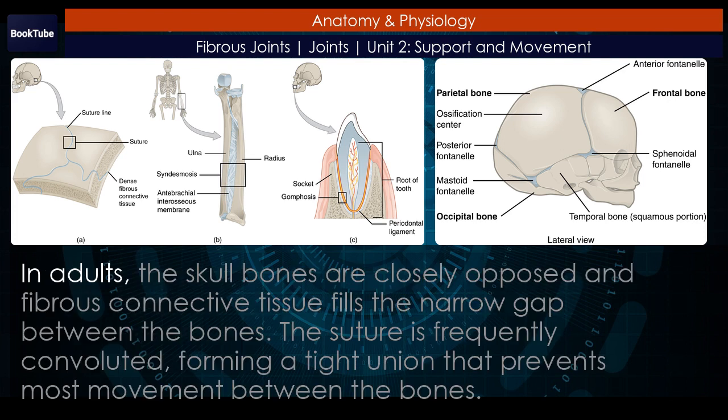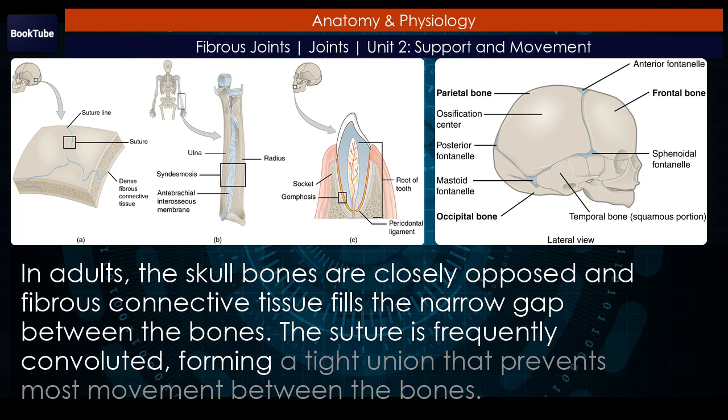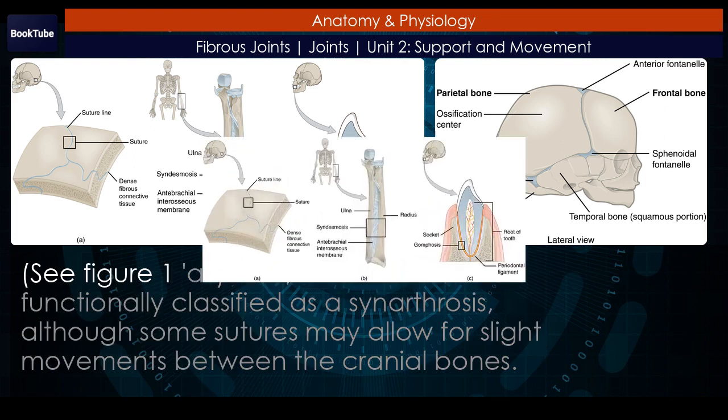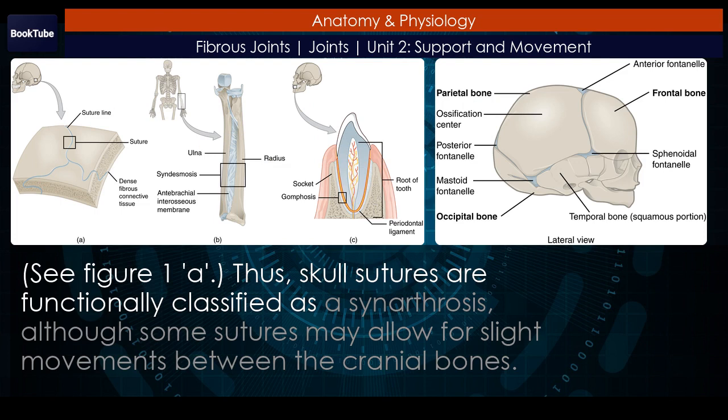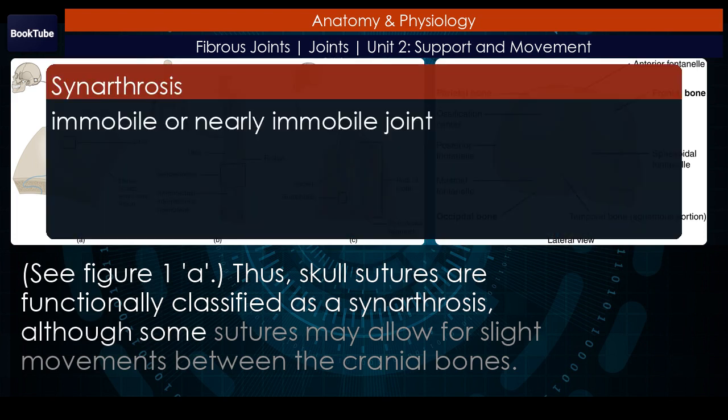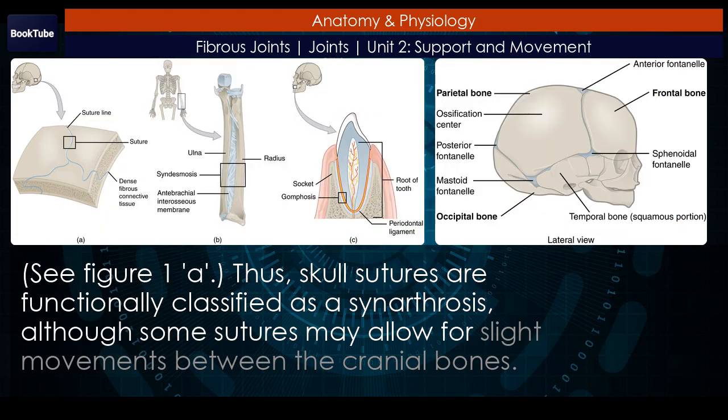In adults, the skull bones are closely opposed and fibrous connective tissue fills the narrow gap between the bones. The suture is frequently convoluted, forming a tight union that prevents most movement between the bones. See Figure 1. Thus, skull sutures are functionally classified as a synarthrosis, although some sutures may allow for slight movements